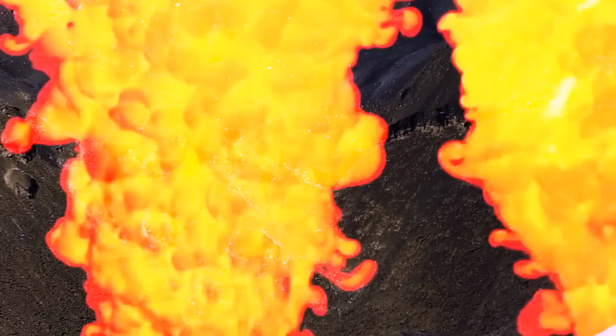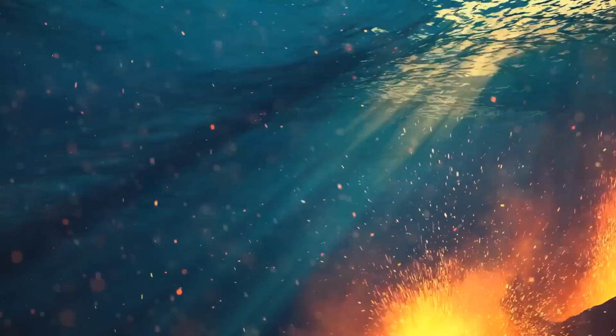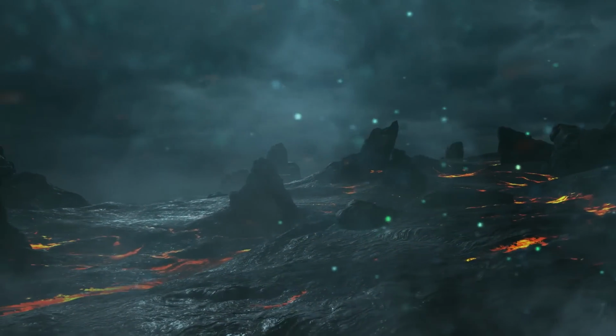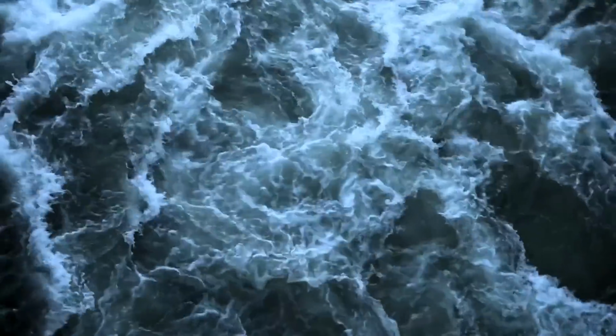The volume of lava the volcano spews at this place can be compared with the volcanic eruptions in the hottest spots of Earth. Perhaps this is one of the most catastrophic, but at the same time, beautiful events in nature over the past few years. To understand what can be beautiful about this, let's first figure out what an underwater volcano is and how it